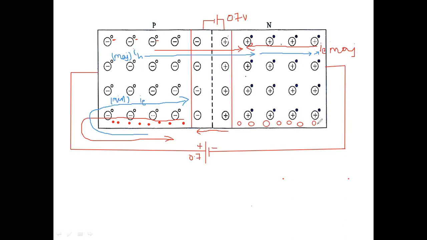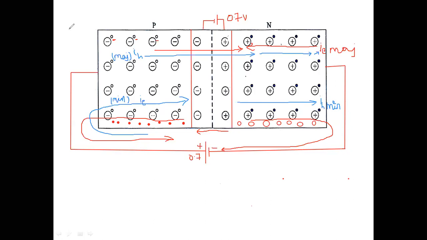Now let us move on to holes here. Since holes are minority charge carriers in N-type, and these holes get attracted towards the negative terminal of the battery, current will flow. What is the direction of current? Same direction. This is the direction of current. I call this IH. So IH here is current due to minority charge carriers, which are holes in N-type. I am using another color, green color. See here the direction of current due to electrons and holes.